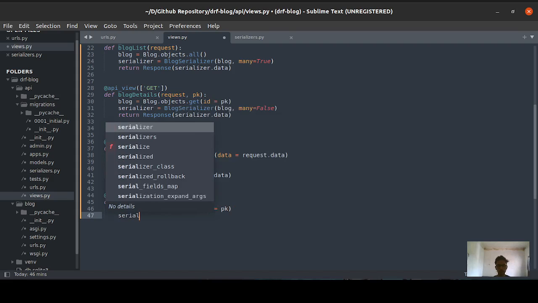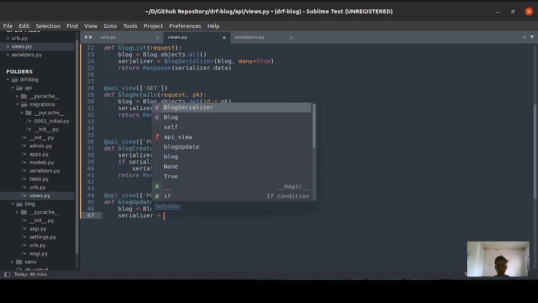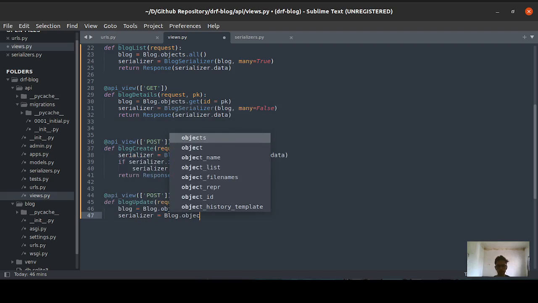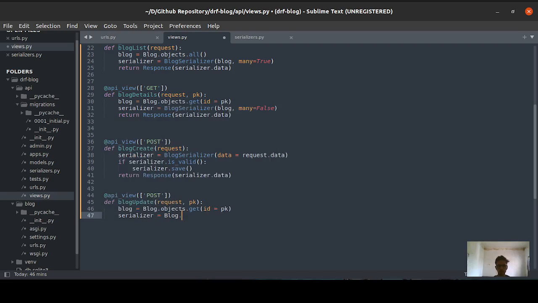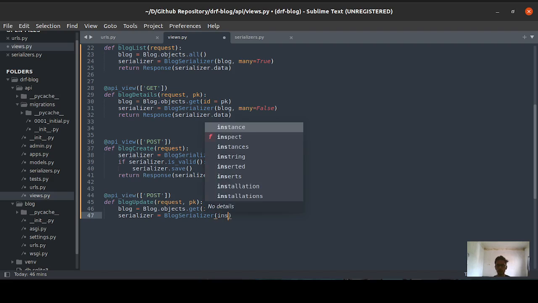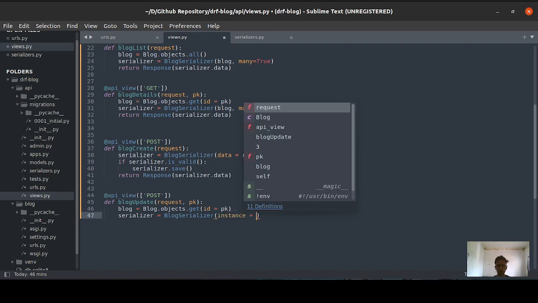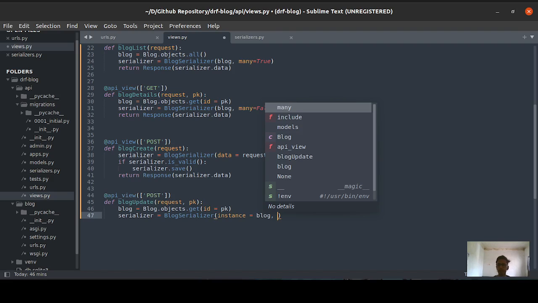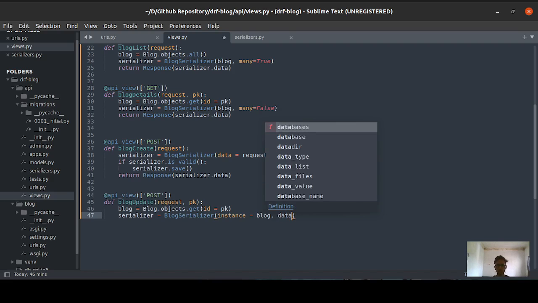Then you need to pass this to a blog serializer. So let me pass it to the blog serializer, with the instance being this blog, and you need to specify the data as well.